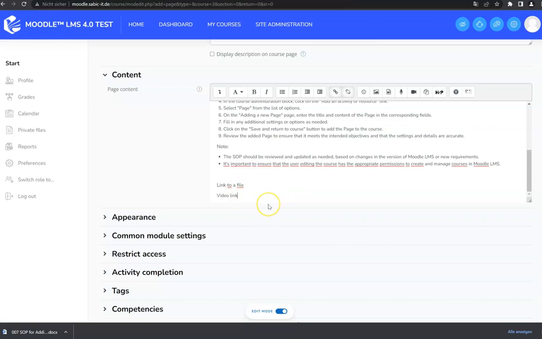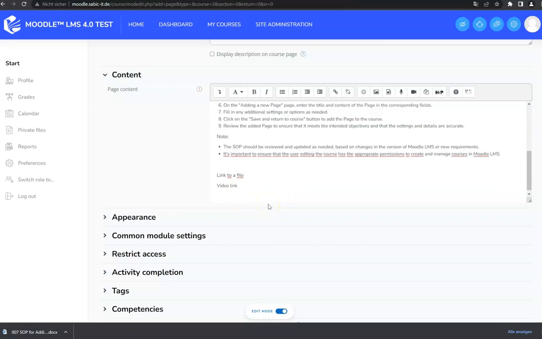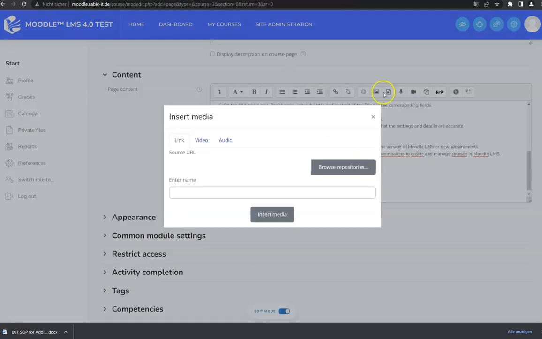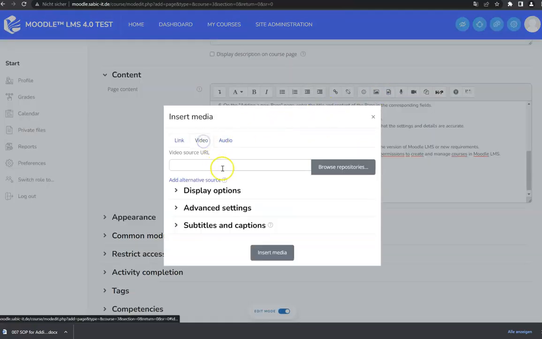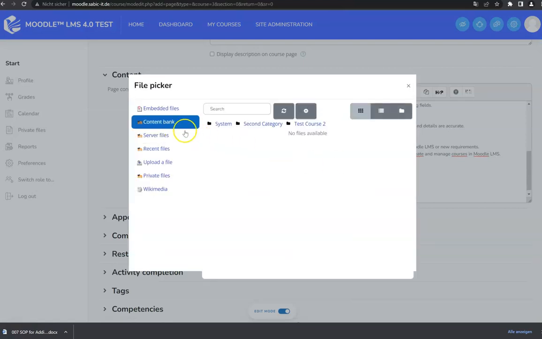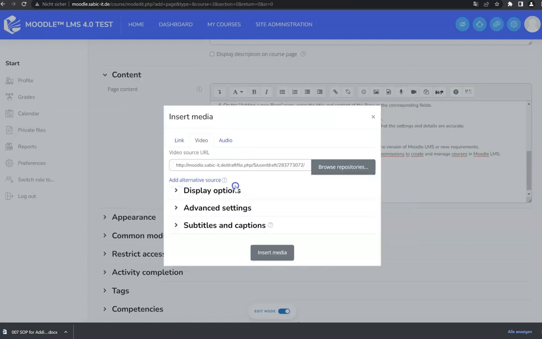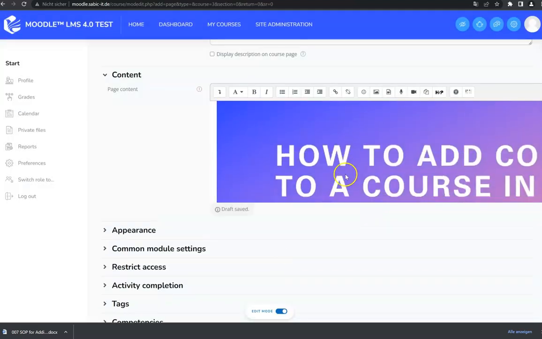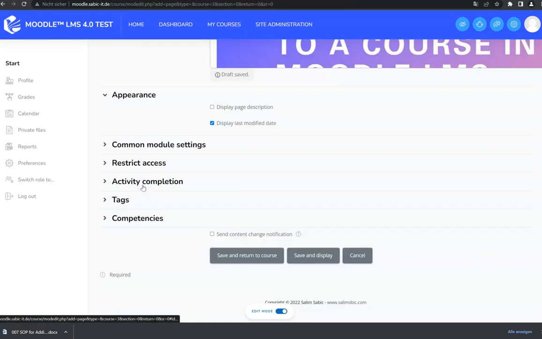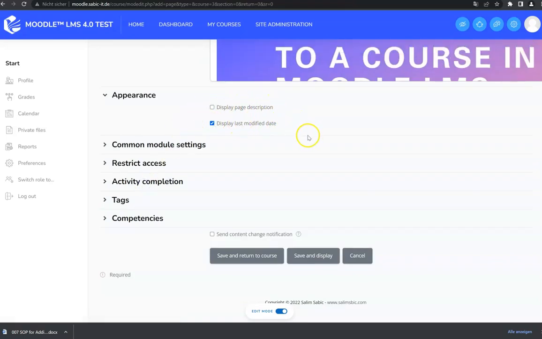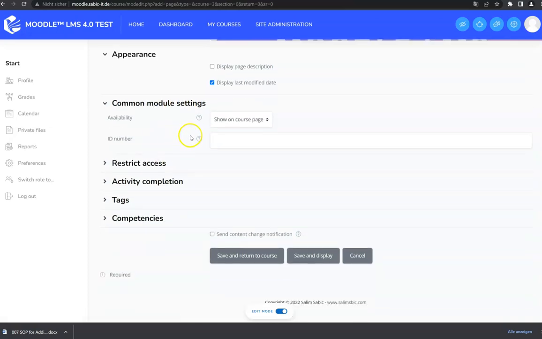You can even embed videos. To do that, we can click on the multimedia icon, and then we can go on to video and browse repositories and select our recent video and insert. We can control the appearance to display the page description, to display the last modified date, and also